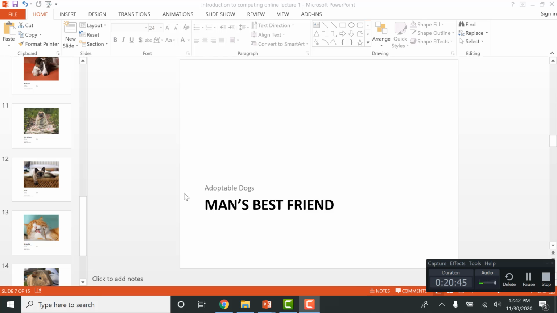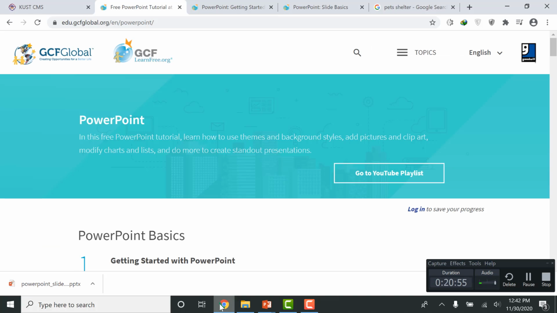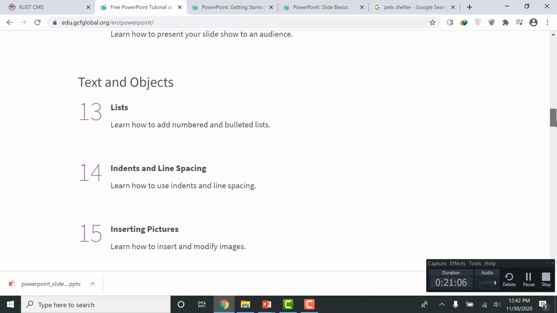insert text, insert themes, insert slide layouts, insert text, format text. There are a lot of other options that you can use, but as always, once again, I'm going to tell you that this is a very useful website. Go over there and learn more about PowerPoint options,